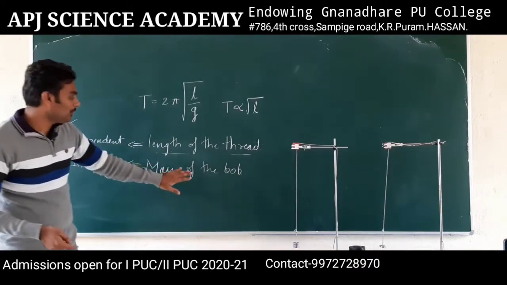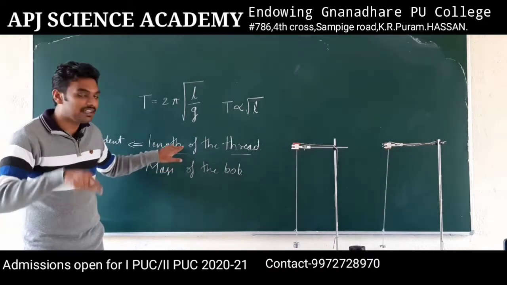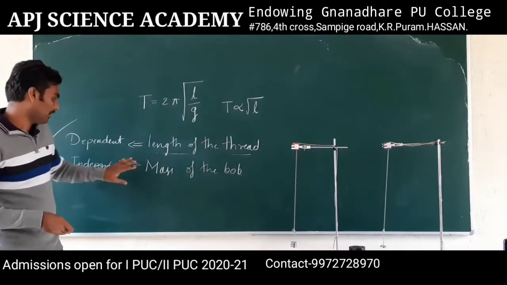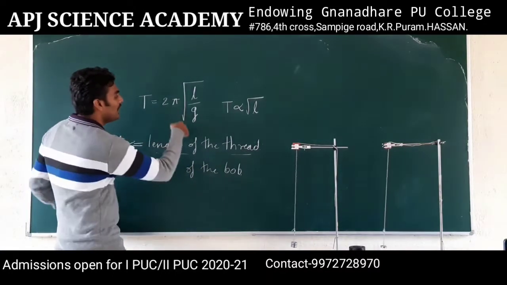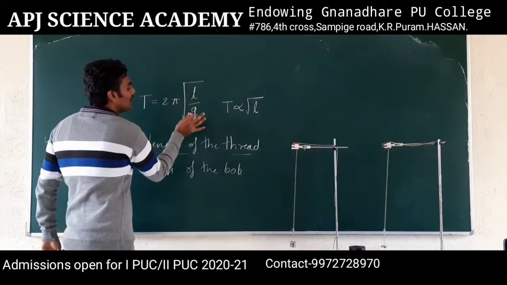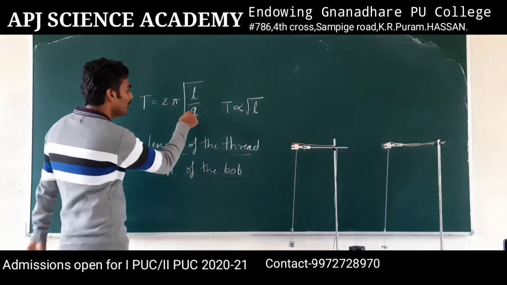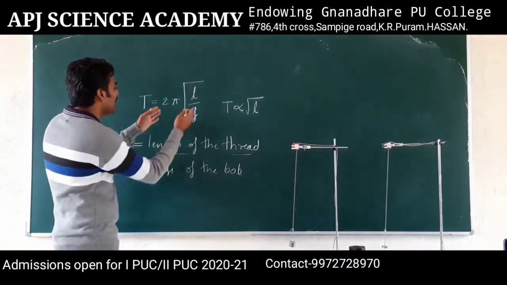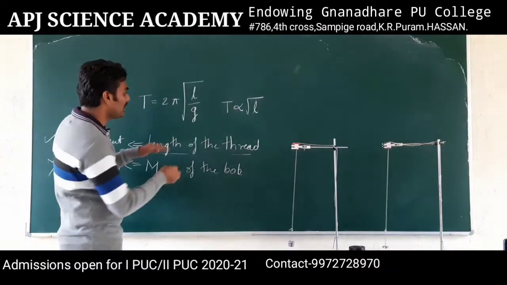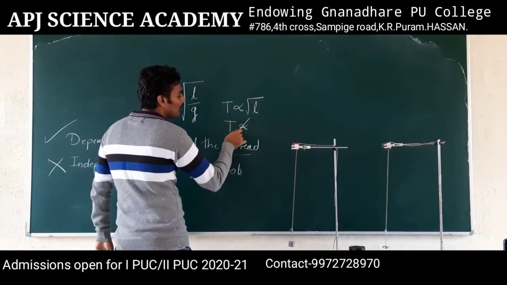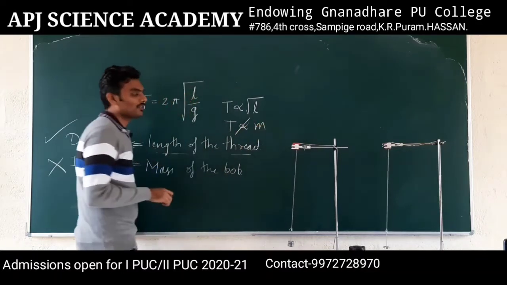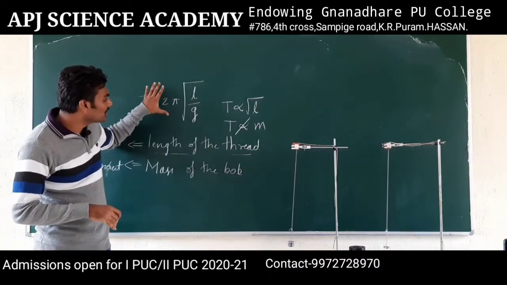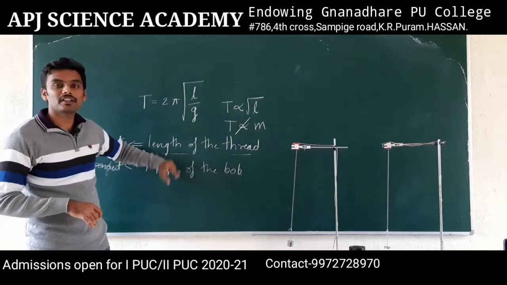Now, what do we get from the experiment? From the experiment, we could observe that yes, the time period is dependent on length. Yes, it is dependent, isn't it? Now, do we have any factor of mass in the RHS of the formula? Do we have a mass factor here? No, we don't have any mass factor or term m in the RHS of the equation, which means that T is not dependent on the mass of the bob. So that is what both the theory and the practicals conclude.